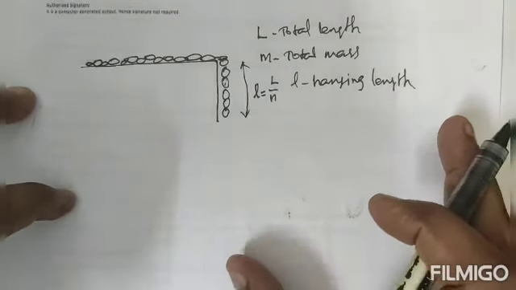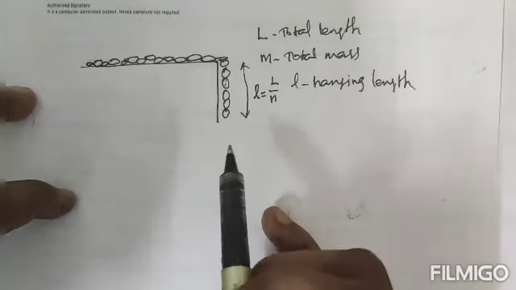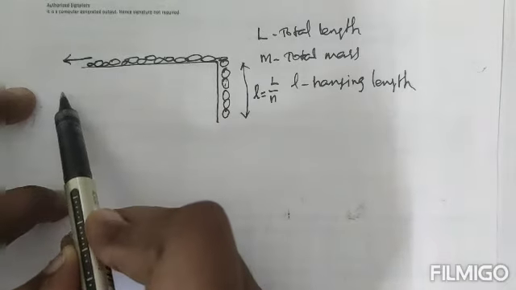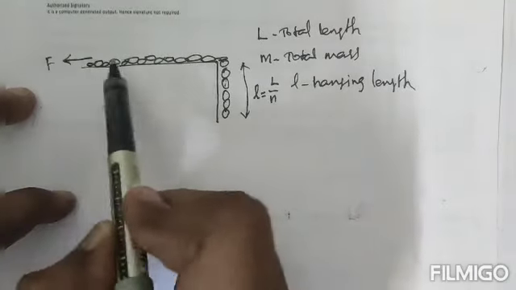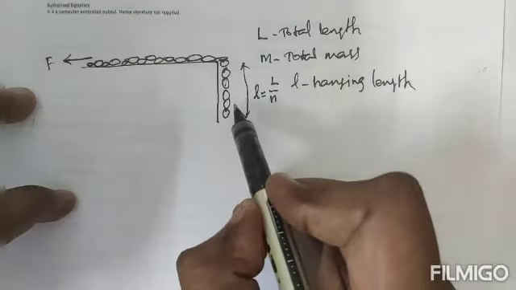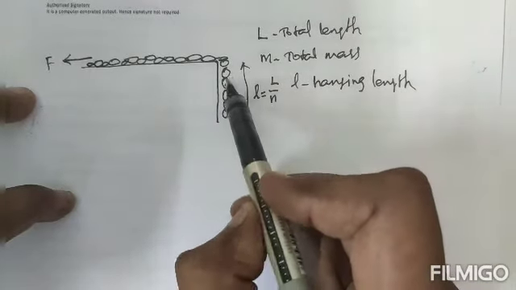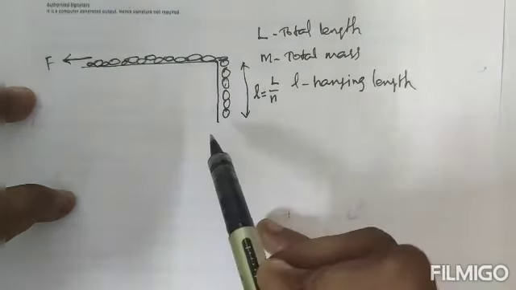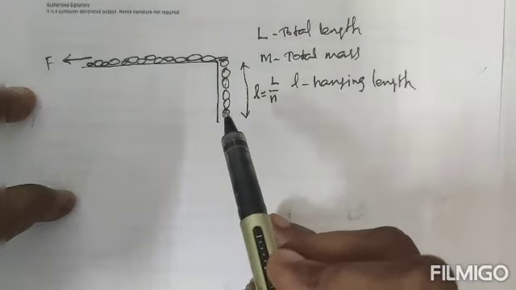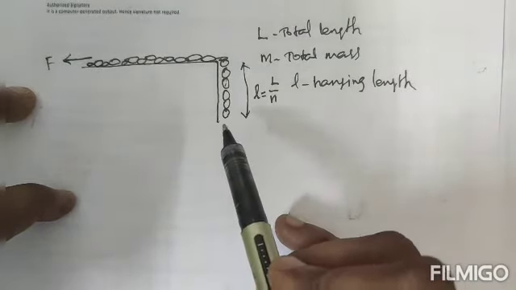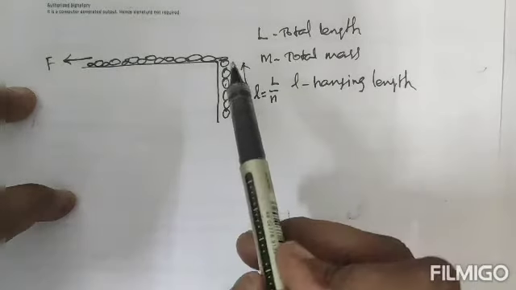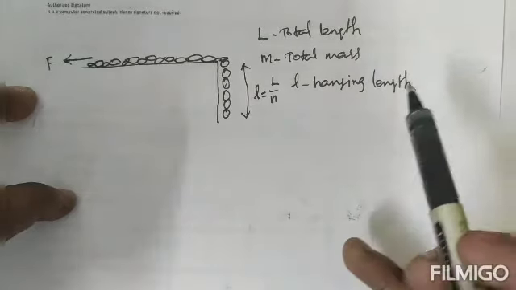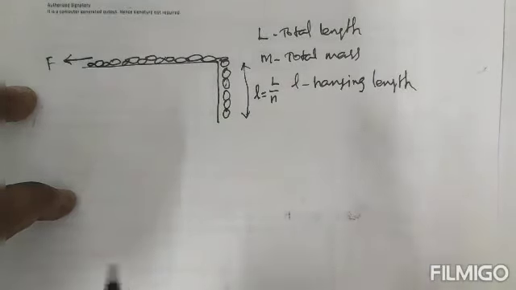Right. So now we are going to apply the pulling force here. Due to this pulling force on the chain, the entire hanging part moves in the upward direction, and finally the entire length of the chain rests on the table. So after applying that force, the entire chain is kept on the table, then there is no hanging part finally. For that we need to do some work.